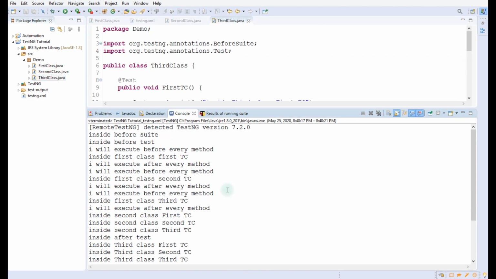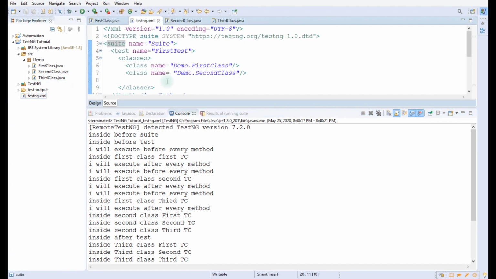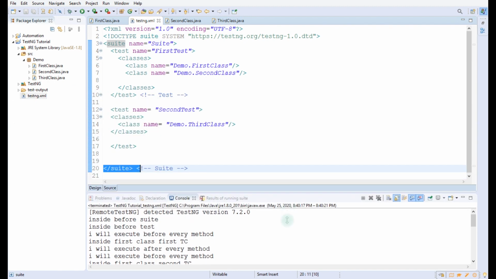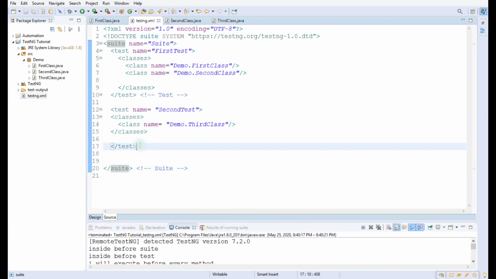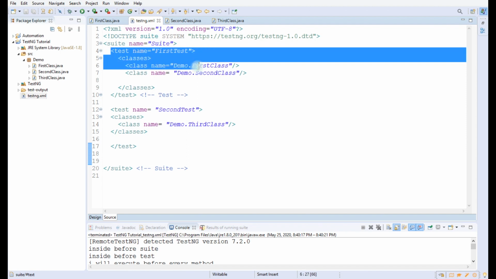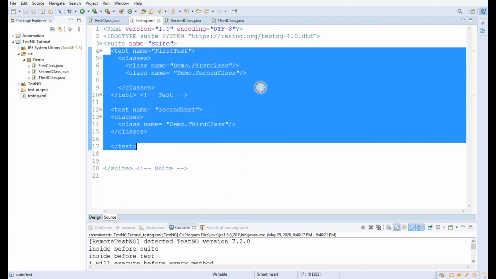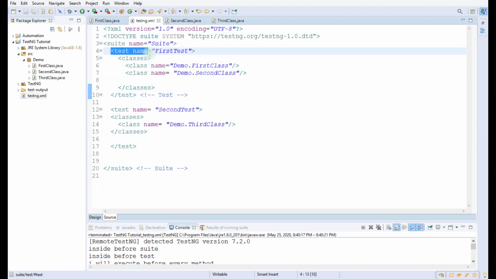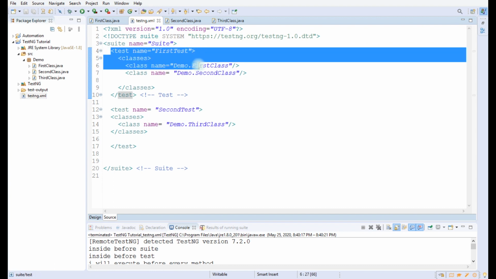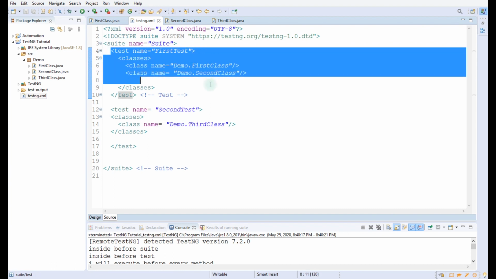There is one interview question that is asked many times: what is the difference between before test and before method annotations? The before test annotation will be executed before the execution of the test cases inside one complete test. So here, as you can see, the test is the first test, and inside the first test there are two classes.